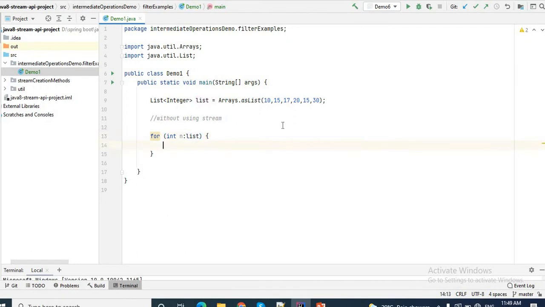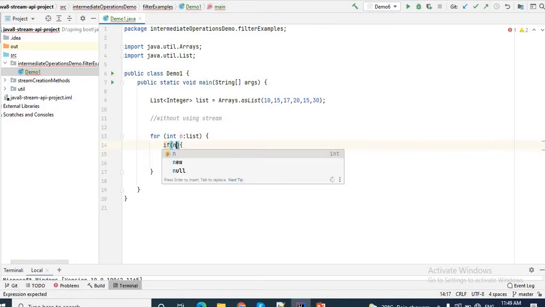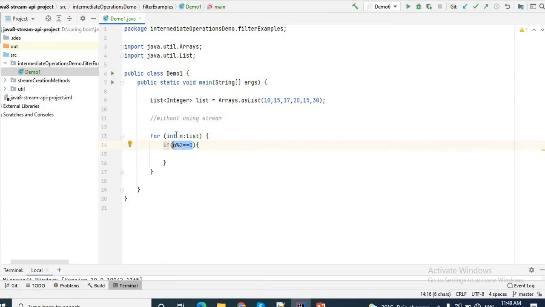Now I iterate this list and check the condition. I'll create an if statement: if n modulo 2 is equal to 0, then I will add this element to another list.